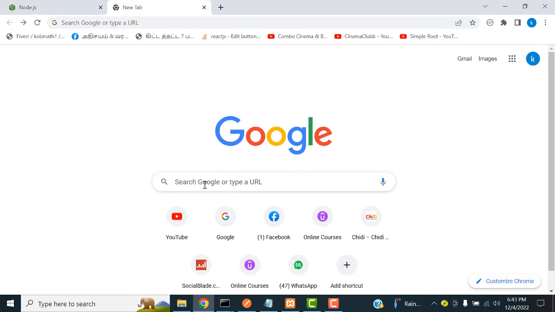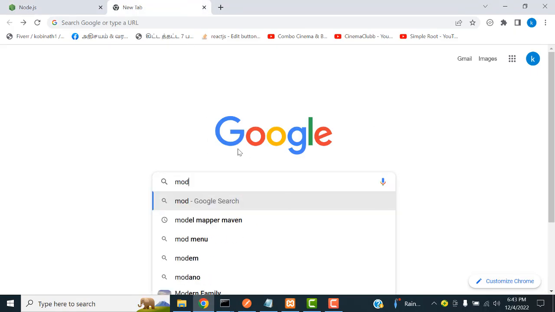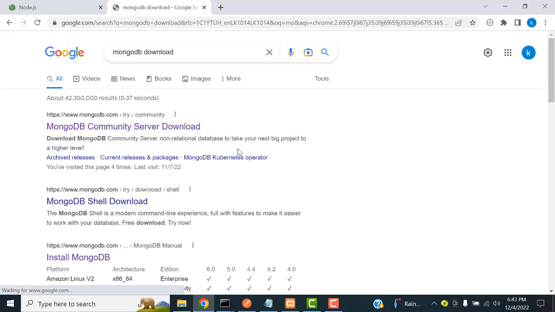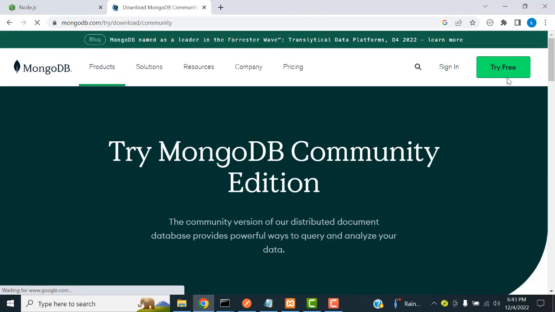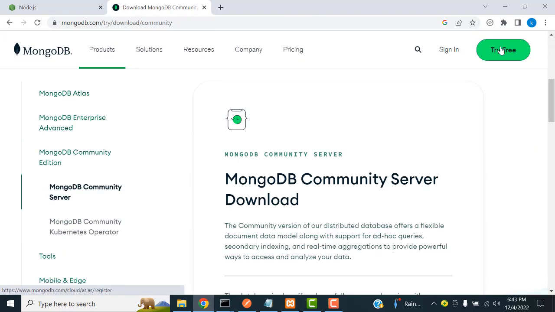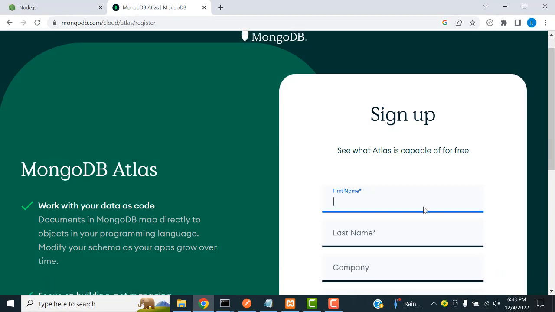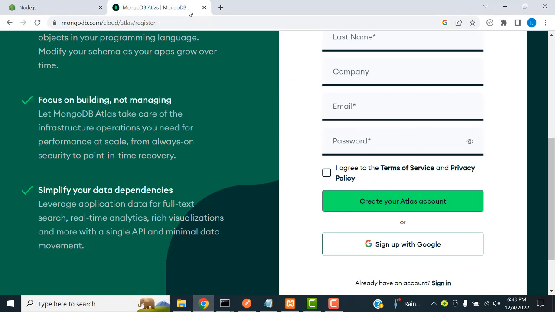After installing it, you have to download MongoDB. Go and download MongoDB here. Go and click try for free. You have to download it and install it on your machine. You have to fill in the form and you can download it. You can register and after that you can download it. After that you have to install the